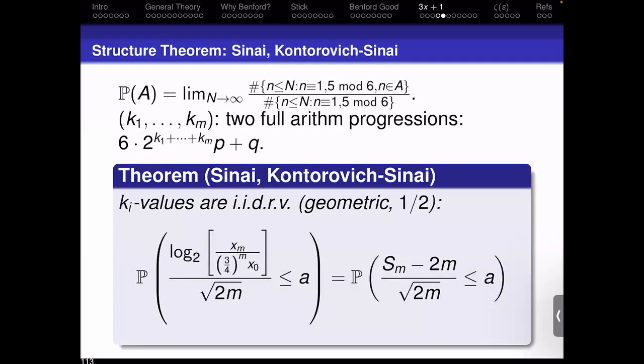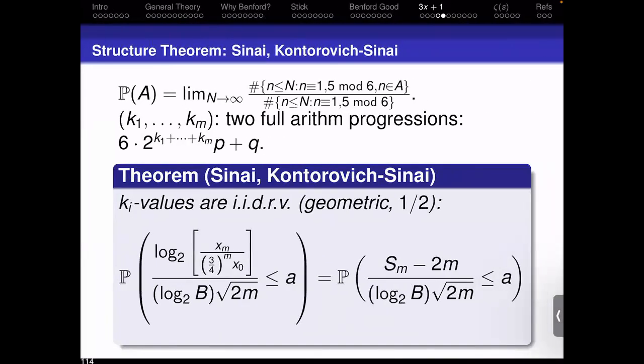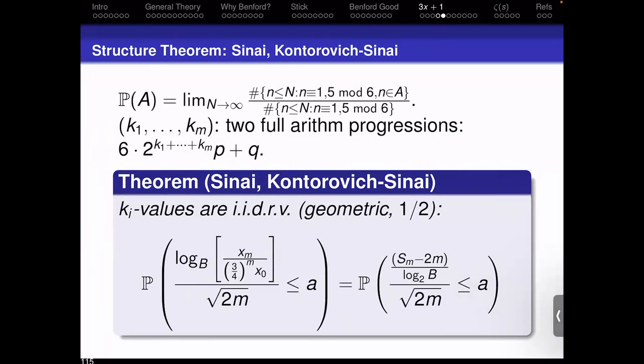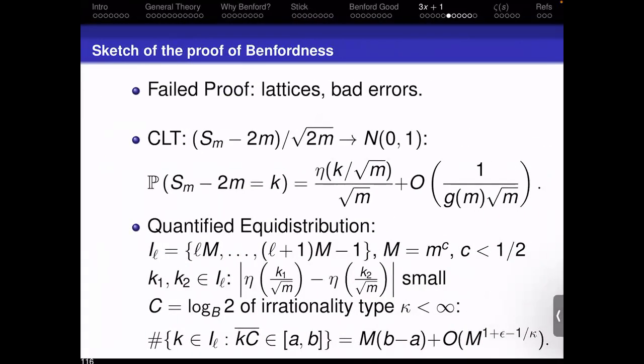And so because it's converging to a geometric random variable, we can actually calculate the log of the probability and compare that to a geometric random variable. And so we can play some games by just rescaling things by putting in logarithms. And so we just want to figure out, what is the probability that this geometric random variable is going to be less than or equal to a certain number. And now this is going to just become a nice quantified equidistribution problem.